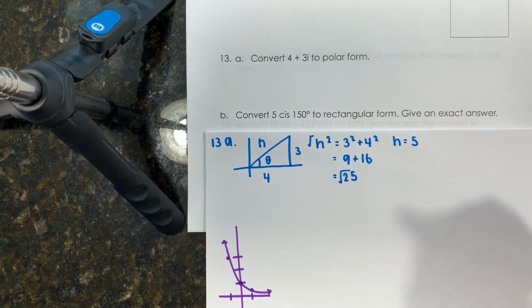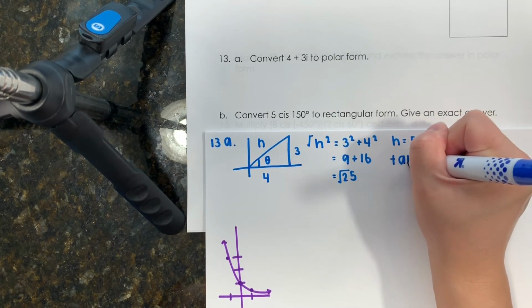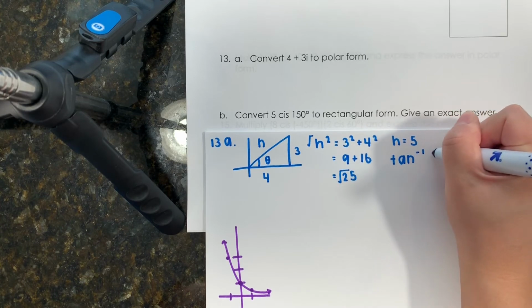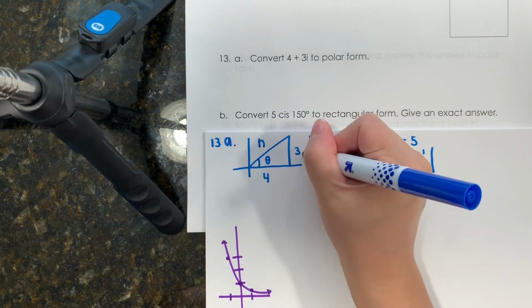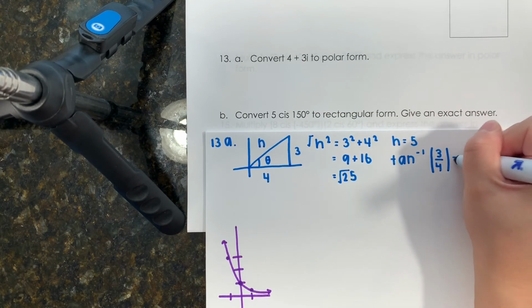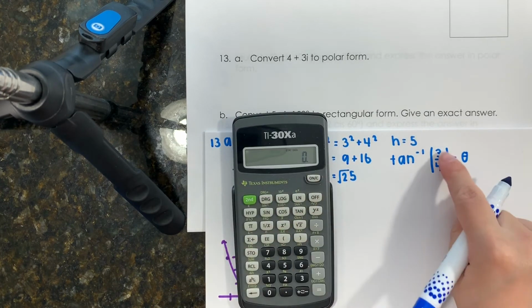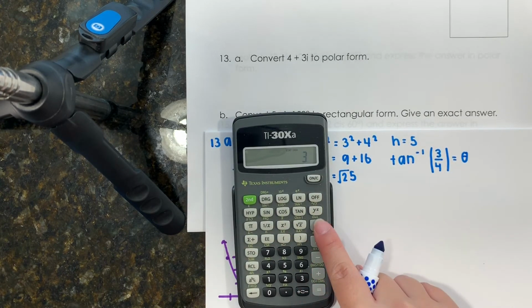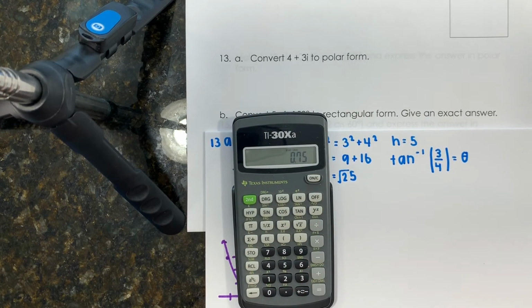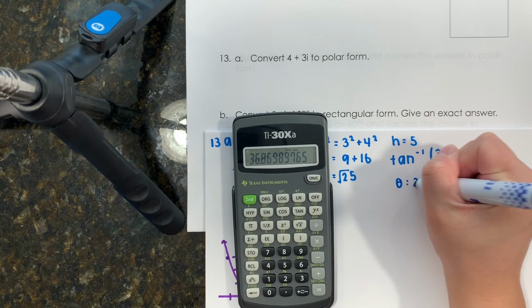Now to solve for the missing angle, we're going to use inverse tangent. So it'd be inverse tangent of opposite over adjacent. So opposite would be 3, adjacent is 4. And in your calculator, you're going to do this part first. So it's 3 divided by 4 equals, then second tangent. And that gives me my angle of